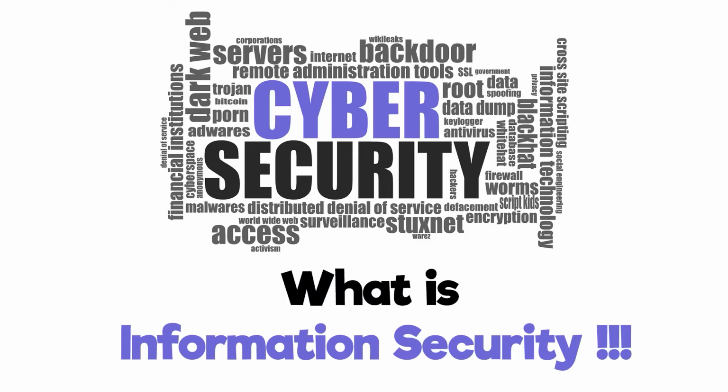Now we are talking about information security and how it could be achieved. There are three main aspects when you are trying to achieve information security, which are products, people, and policies. When we are talking about products, it means that all the devices connected to your organization are updated with the latest patches and security updates.